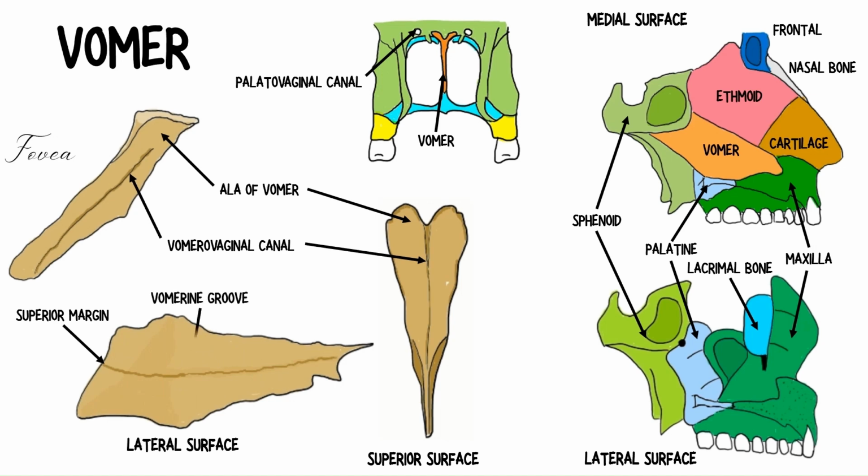The vomerine groove, which extends from the sphenoid posteriorly to the anterior premaxillary area, supports the lower edge of the septal cartilage. The anterior margin is inclined forward and also divides into two portions that articulate with the perpendicular lamina of the ethmoid, representing the nasal septum in most of its size. The posterior margin forms part of the nasal septum, while the inferior margin joins the anterior nasal spine of the maxilla.